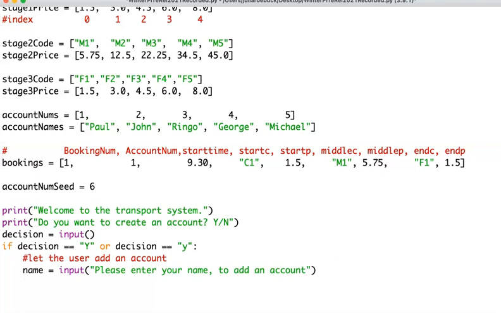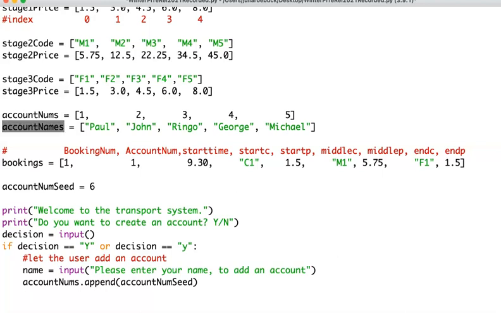So they've entered their name, so we say account nums, and then we're going to append that to the array. So it's account num seed. So we add that in, add 6 in, and then we're going to add their name in to the account